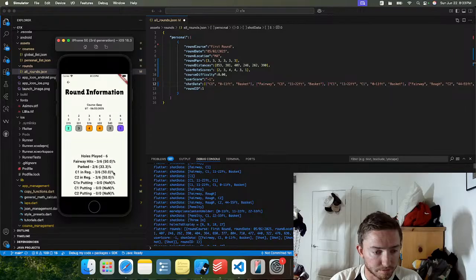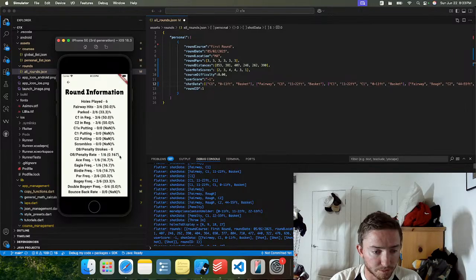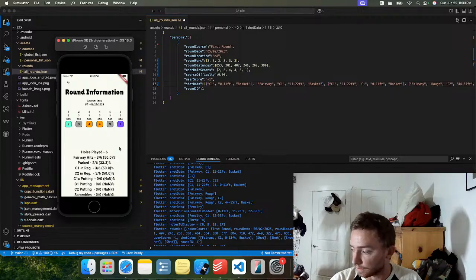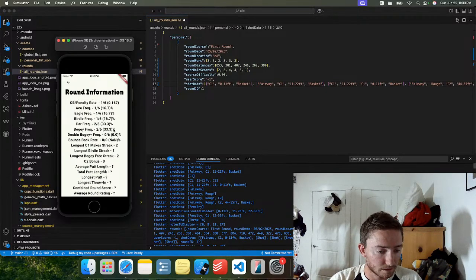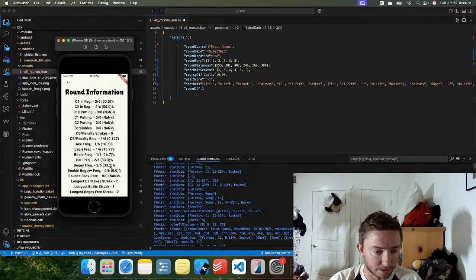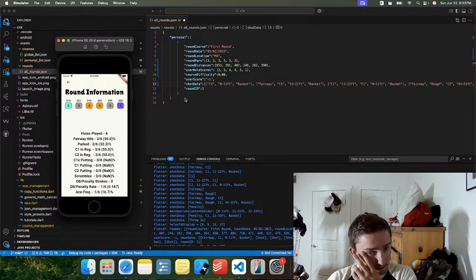Birdie streak, bogey free streak. C2 bonus is 0, which is correct because we made one circle 2 putt. We missed one circle 1 putt. These question marks are just stats that I haven't added. So let's go check out the,